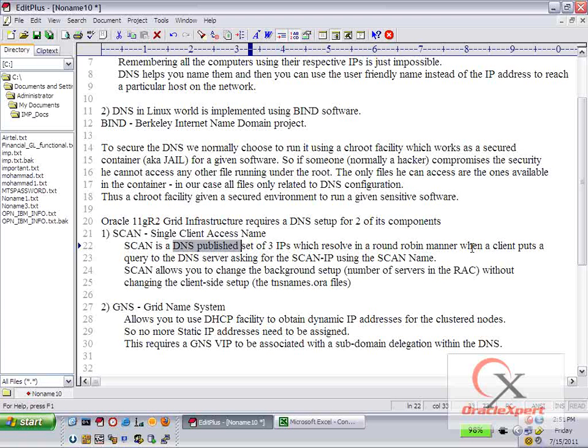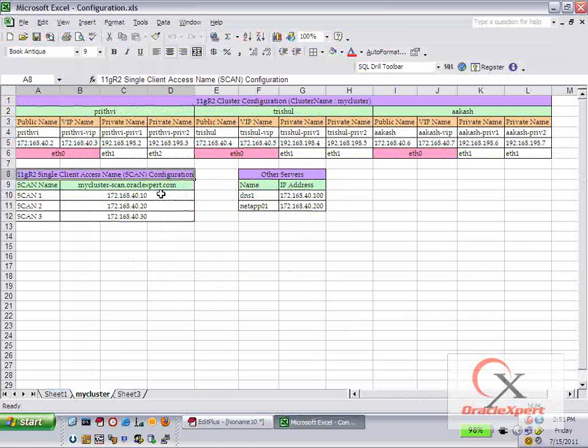Whenever a client puts in a SCAN name, my DNS would resolve it to one of the 3 IPs in a round robin manner. So clients would randomly get routed to one of the 3 SCAN IPs that I put in my DNS. I have selected those IPs to be 172.168.40.10, 20 and 30. They are also on the same subnet as that of my public and virtual IP addresses of my clustered